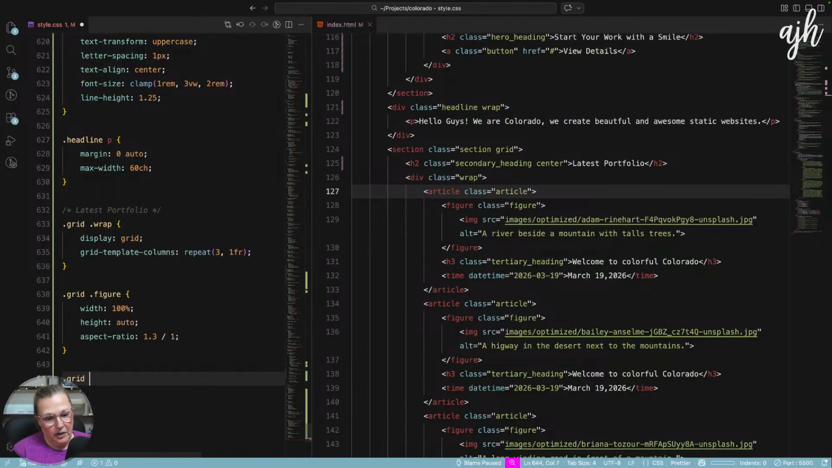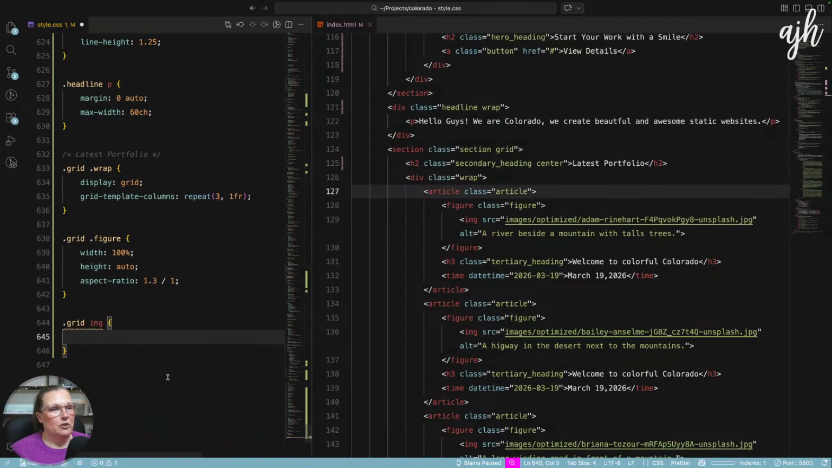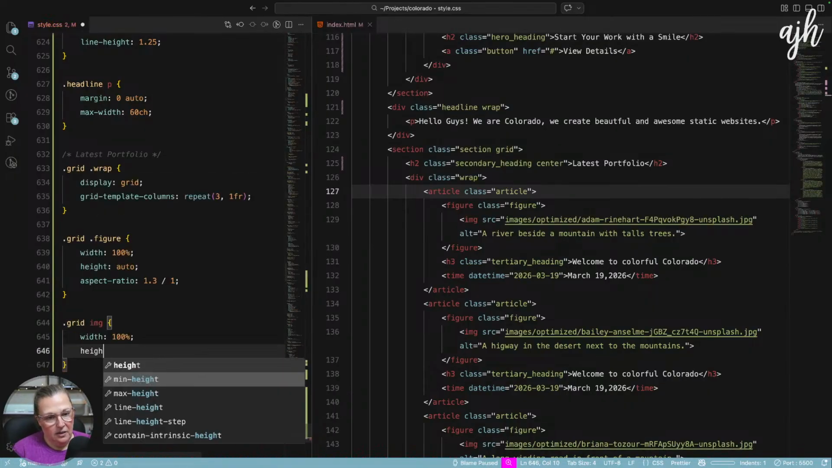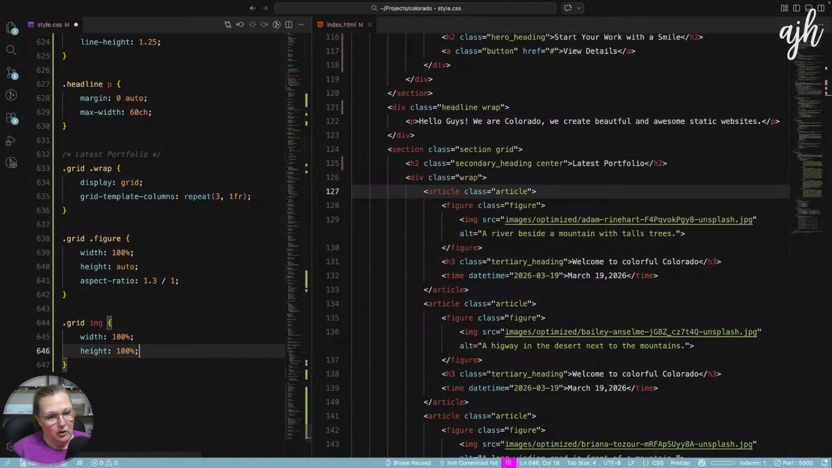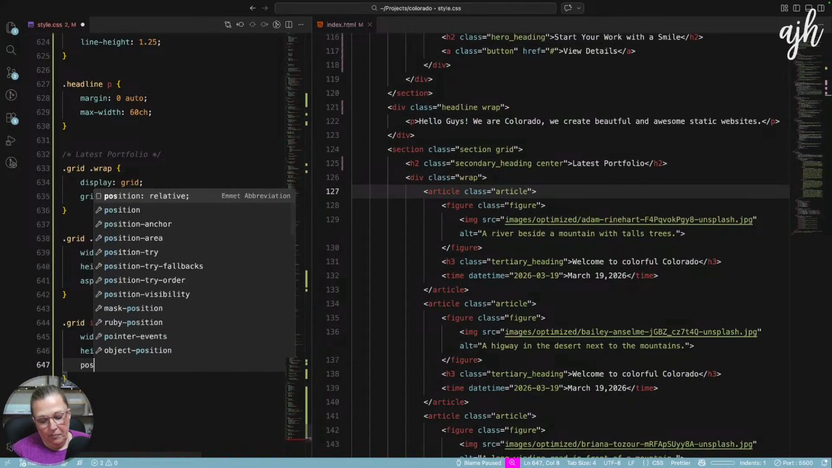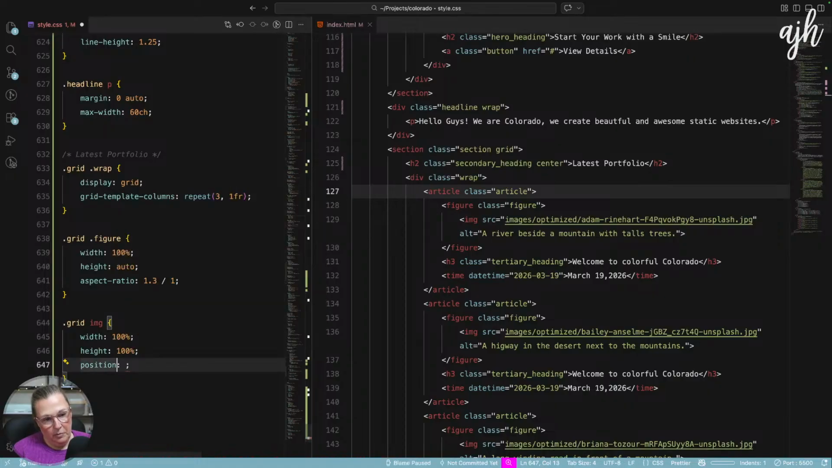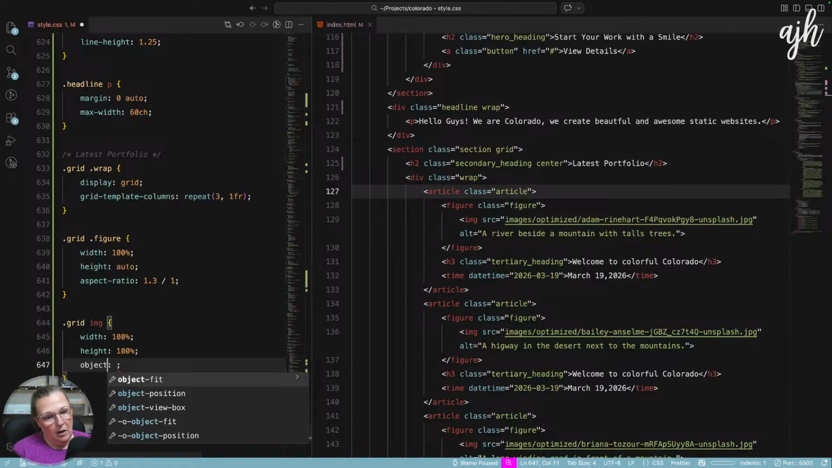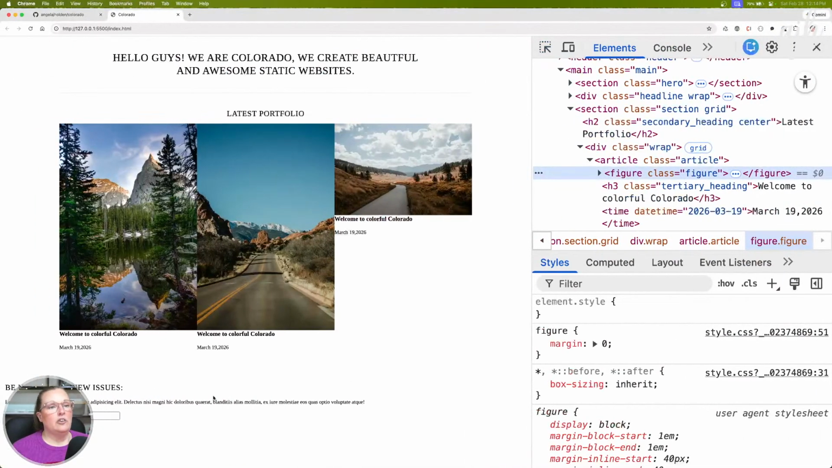And then our grid images. I don't know if grid is the right class for that, but we're just going to go with it. This is going to be width 100%, height 100%, position, object-fit cover. And before I hit enter, I just want to emphasize the fact that you can take any image aspect